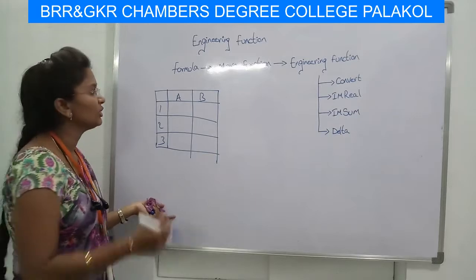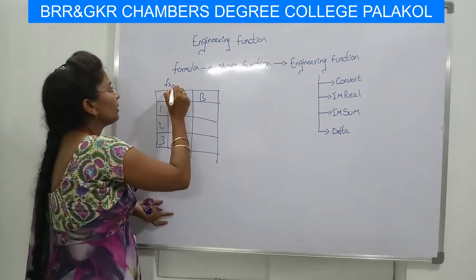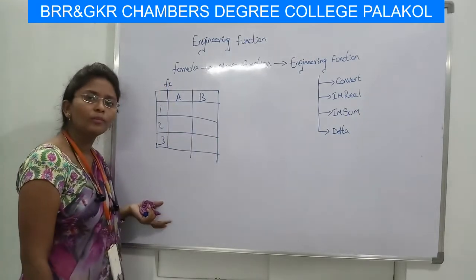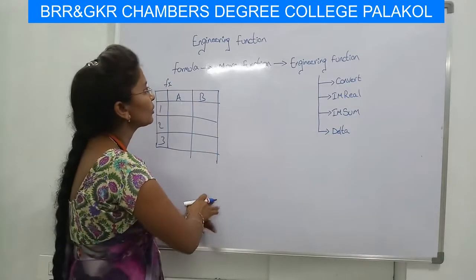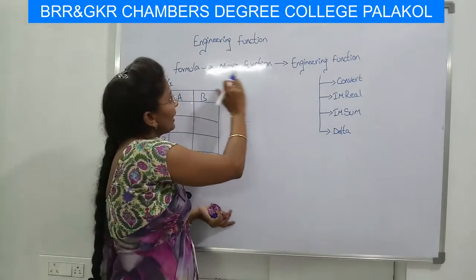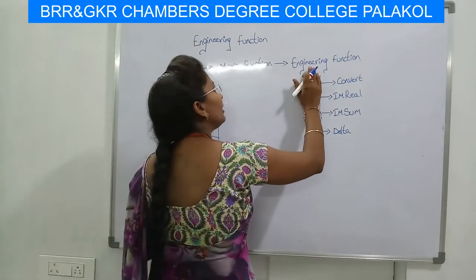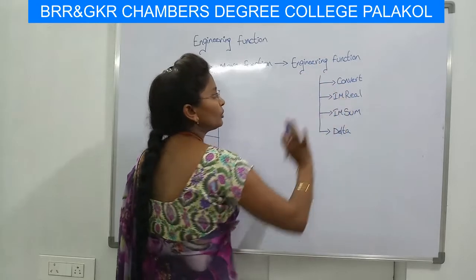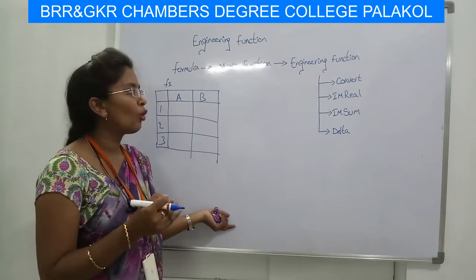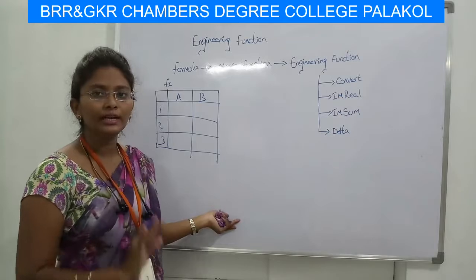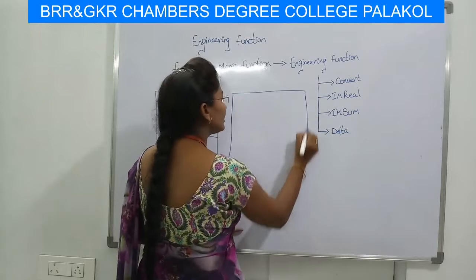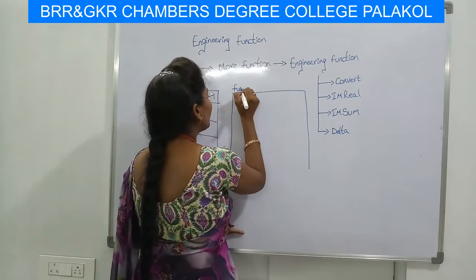After taking the Excel sheet, the fx formula bar will appear here. You can enter the formula directly in the formula bar, or you can go for the step-by-step process. The step-by-step process is: click on the formula bar, then More Functions, then Engineering functions, and the second option is the IMREAL function. Here it will take the real coefficient of the number we entered in the Excel sheet. For this also it will display one dialog box, the same Function Arguments dialog box.